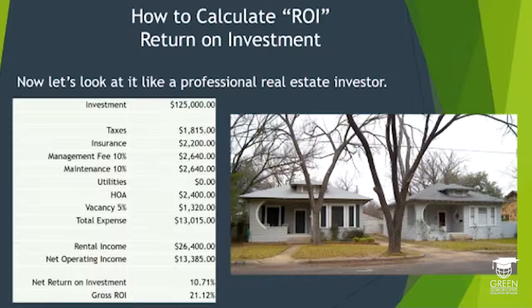So in this scenario, again, our total investment is $125,000. We have our taxes, our insurance, the management fee at 10%, maintenance fee at 10%. We're not going to pay any utilities. Our tenants are going to pay those. Remember, our homeowners association is a total of $2,400 a year. We're going to use a 5% vacancy ratio. So our total annual expenses to own these properties together is